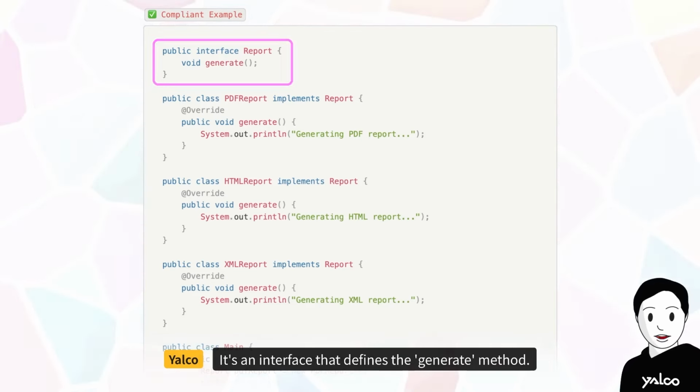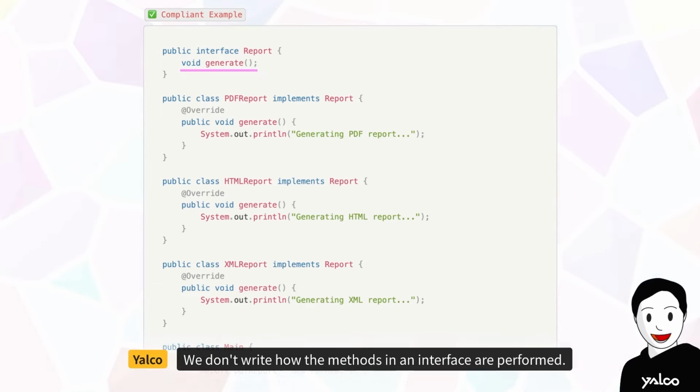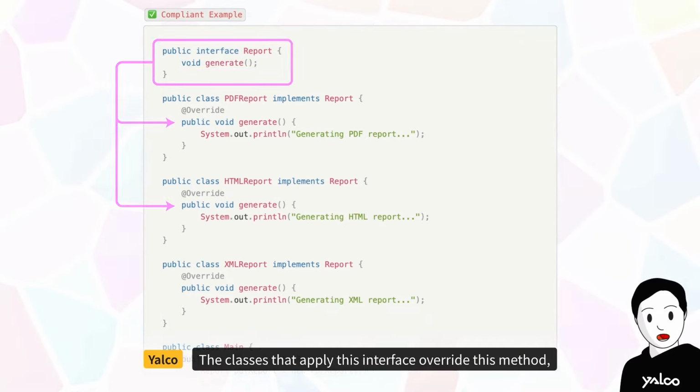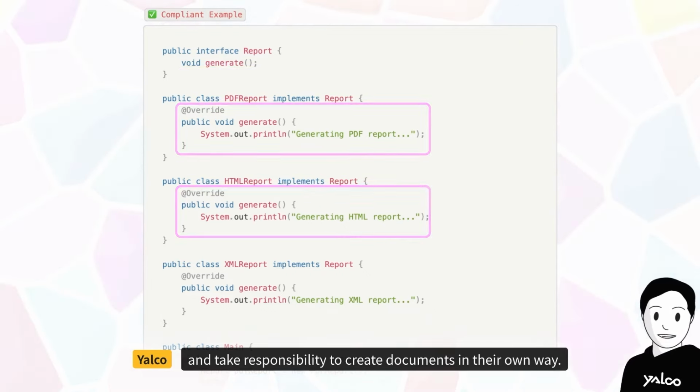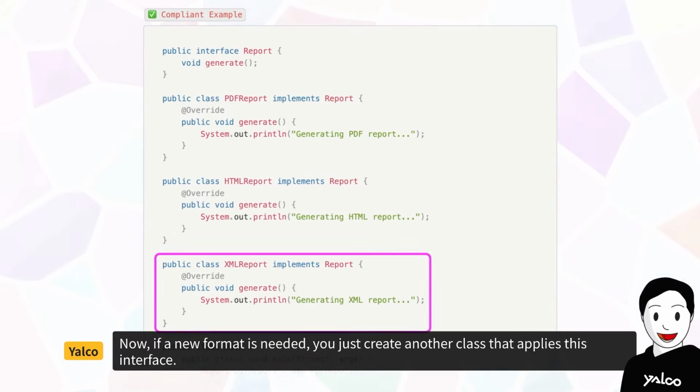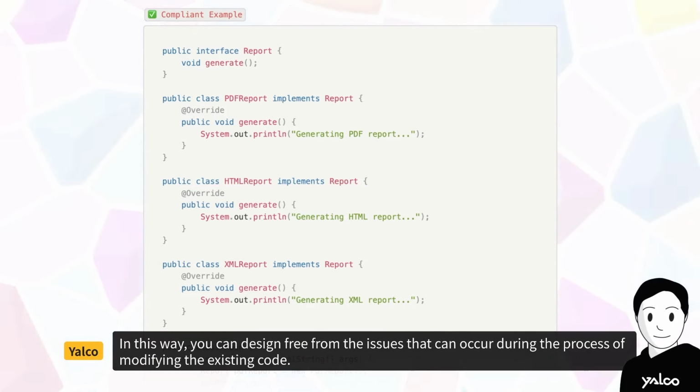It's an interface that defines the generate method. We don't write how the methods in an interface are performed. Just like this, method names and forms are only defined. The classes that apply this interface override this method and take responsibility to create documents in their own way. Now, if a new format is needed, you just create another class that applies this interface. In this way, you can design free from the issues that can occur during the process of modifying the existing